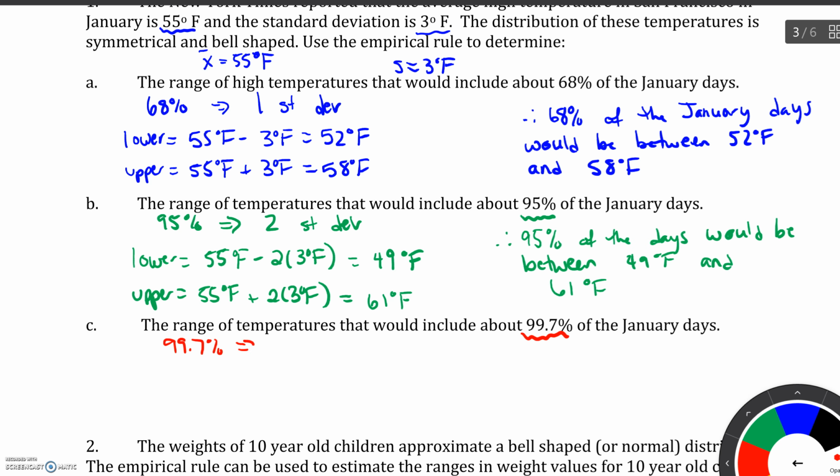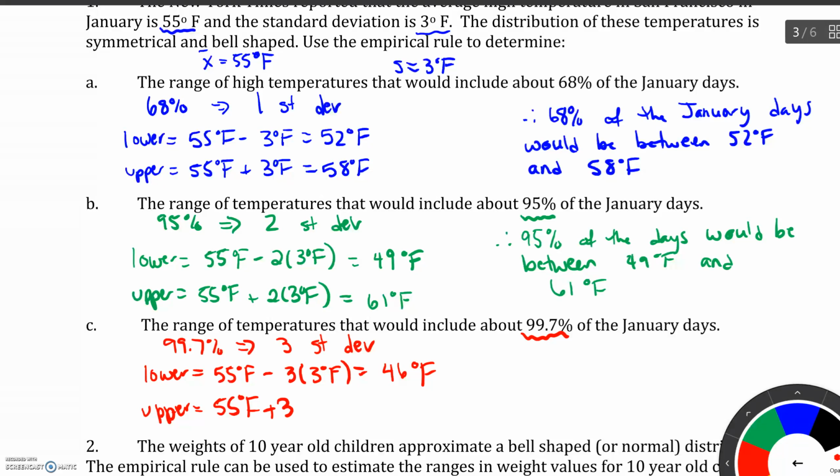99.7% corresponds to 3 standard deviations from the mean according to the empirical rule. So the lower limit would be the mean minus 3 standard deviations, which would give us a lower value of 46 degrees Fahrenheit. The upper value is the mean plus 3 standard deviations. That would give us an upper range of 64 degrees Fahrenheit, and therefore